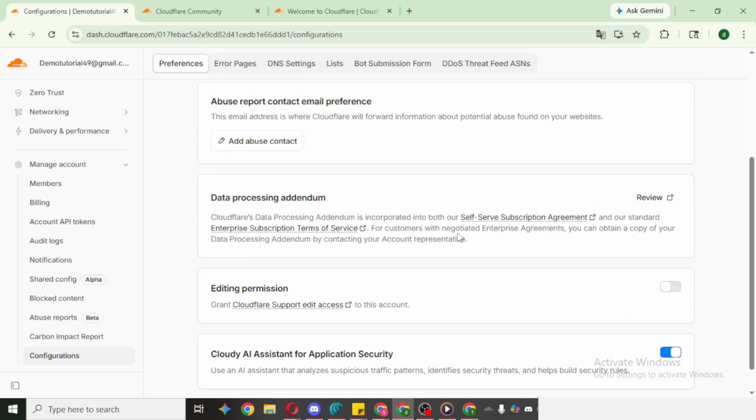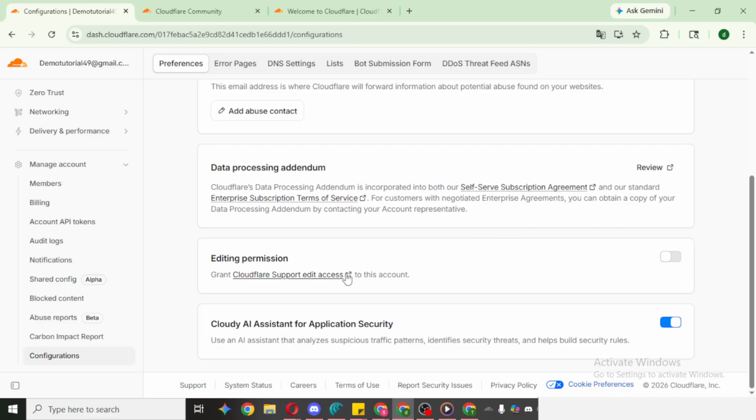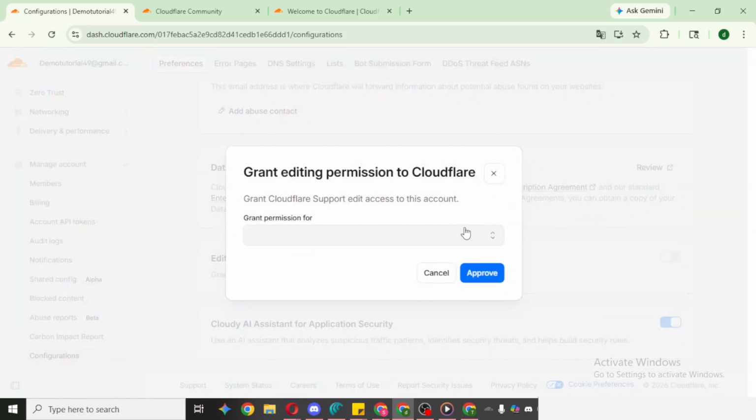When you do, you'll be prompted to select the time you want to grant this permission. Choose a duration that matches the work that needs to happen, whether it's a brief window for a quick configuration change or a longer block for a planned maintenance period. Keeping this window as short as possible is a good security practice because it limits how long elevated access is available. After selecting the time, click Approve to confirm. The change takes effect immediately and the permission will automatically expire at the end of the time you specified.